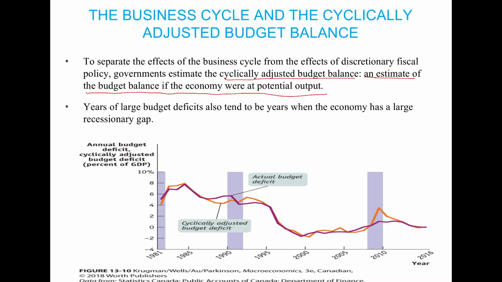A year of a large deficit also tends to be a year when the economy has a large recessionary gap. These are the recessionary periods in which the government spends more than the cyclically adjusted budget deficit, compared to the actual one, and we see that during recessions it is always increasing, like this portion and this portion,